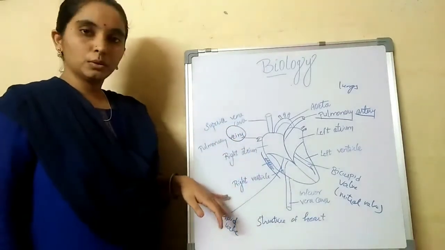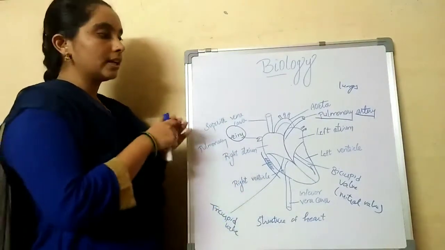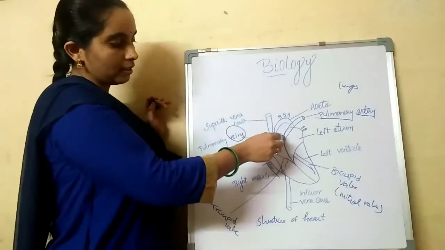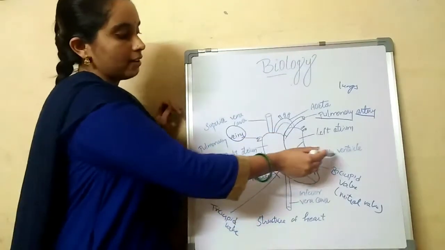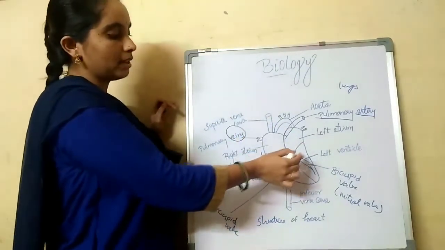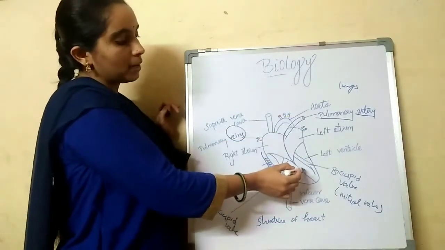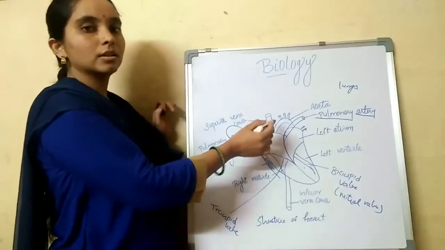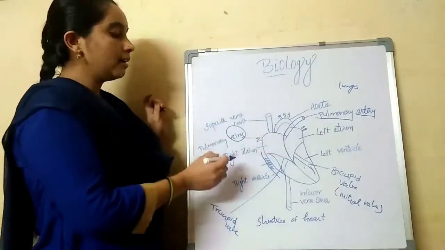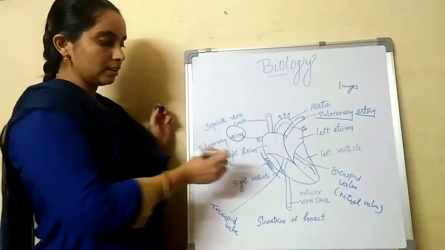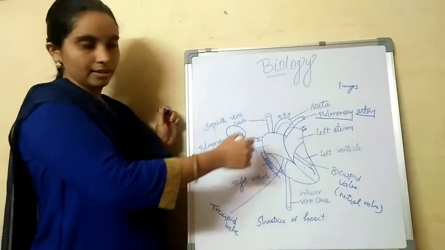Okay. So the two main valves are systemic valves and pulmonary valves. So pulmonary valves are present near the pulmonary artery, between the right ventricle and pulmonary artery, and semilunar valves between the left ventricle and the aorta, because the blood from right ventricle will flow to pulmonary artery and blood from left ventricle will flow to aorta. So the pulmonary valves are present near the arteries, and the systemic valves are present between the atrium and ventricle on both sides of the heart, that is the right side and the left side.